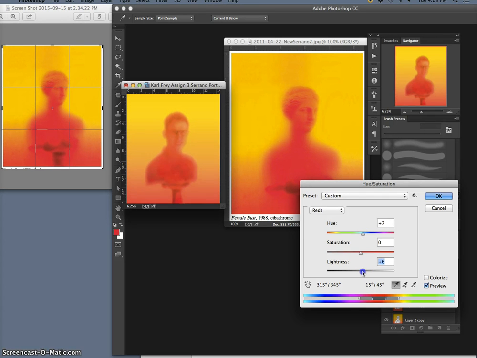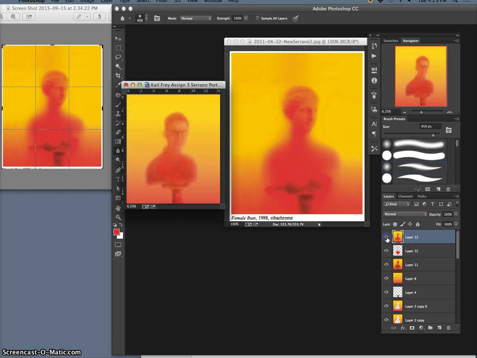And then brighten them up just a bit. That's the magentas. I'm getting pretty picky here. And then blend those in. Okay, so now